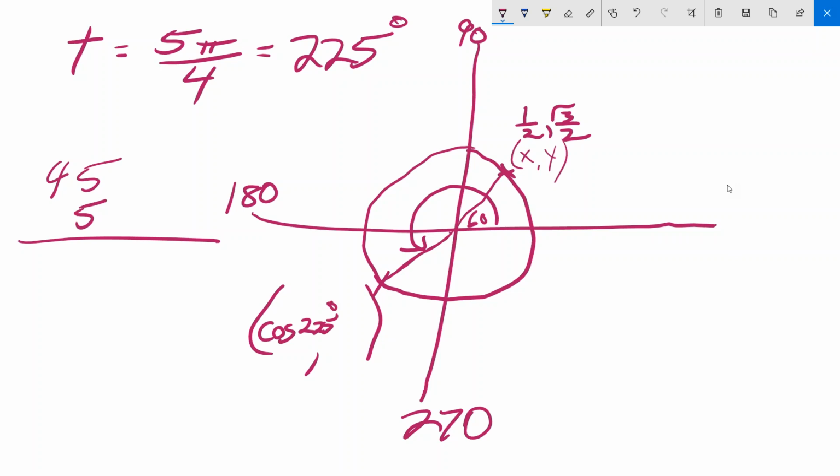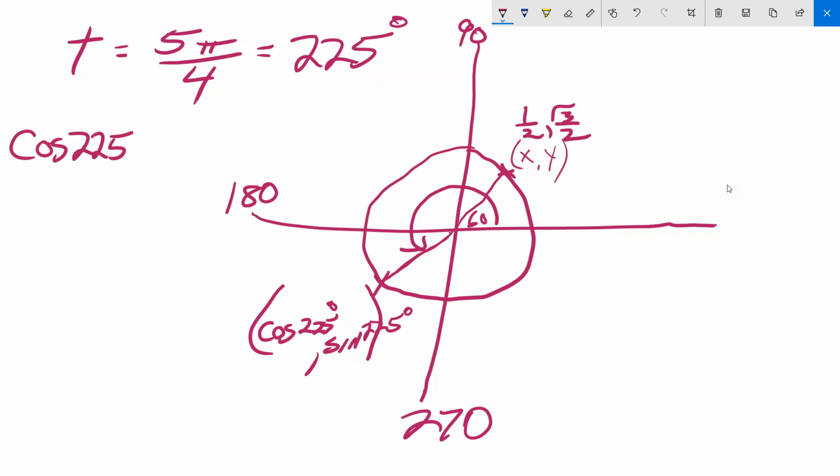And the other coordinate is the sine of 225. So we have to answer those. Okay, so here, let me make a little writing room here. First of all, let's take the cosine of 225. Now you remember how I did this? I put in parentheses the equivalent first quadrant angle,